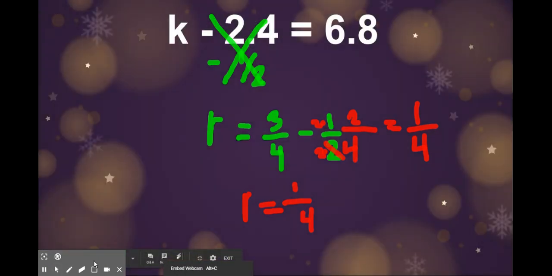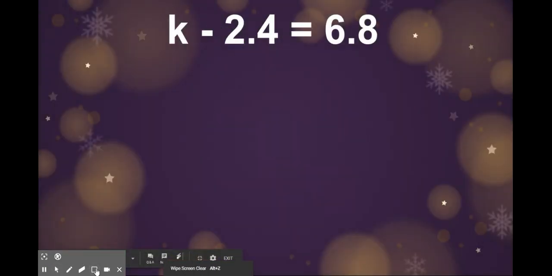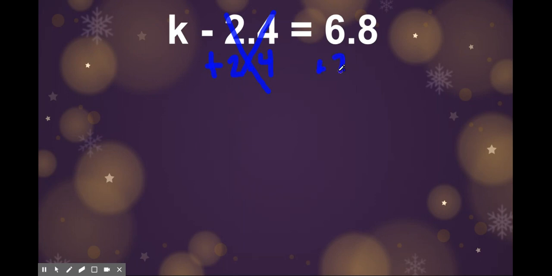Now let's take a look at our next example. We have k minus 2.4 is equal to 6.8. Here I have subtraction, a negative 2.4. In order to get rid of this, I'm going to have to add 2.4. That cancels that out. If I add 2.4 to this side, I'm going to have to add 2.4